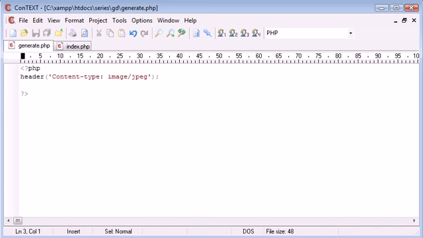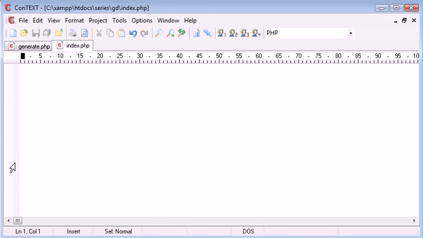Okay, so the next thing we need to do is set up a couple of variables, just to ensure that we know what we're doing. The first one is the text that we're going to be inputting into or processing as an image. So I'm going to create a variable called text, and this is equal to $_SESSION, and I've called my variable secure. So if we go into index.php, let's first of all start session, so we're session_start, and then